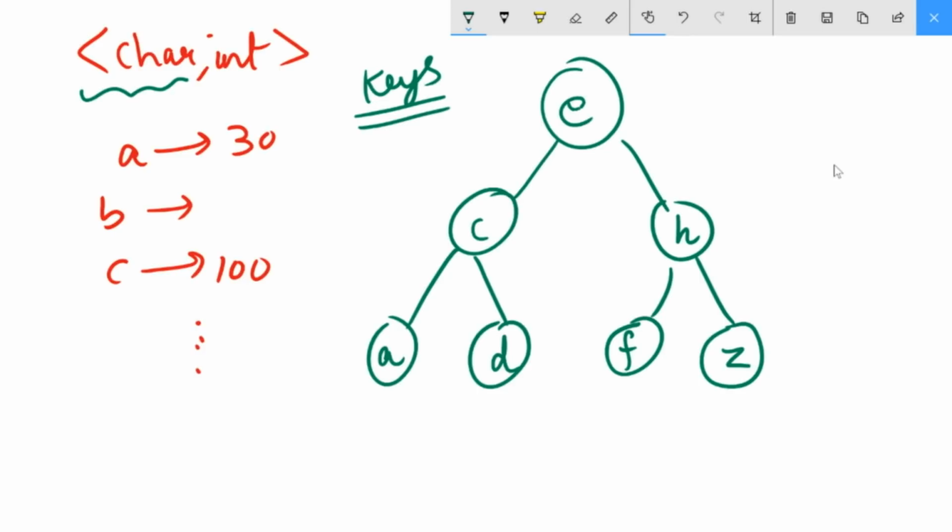And now let's say we have E is mapped to 200. So inside this node, it will also store 200 right over here. And let's say A is mapped to 30, so it will store 30 here. C is mapped to 100, it will store 100 here, and so on. So the value is stored inside the node, and the key